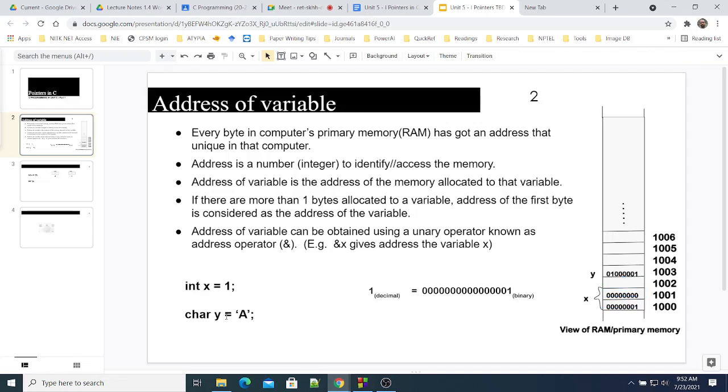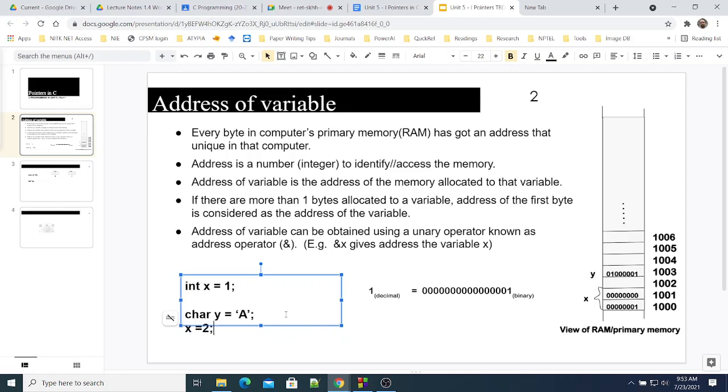If it is a character variable, size of a character variable is normally 1 byte. So here char y equal to a. The binary equivalent of a is stored in it. So another byte is reserved at address 1003, and we call that y. The 2 bytes allocated to the integer, on the whole we call it x. So whenever we want to access the data stored in this memory, we use x. Or whenever we want to store new data, we do x equal to something else, say